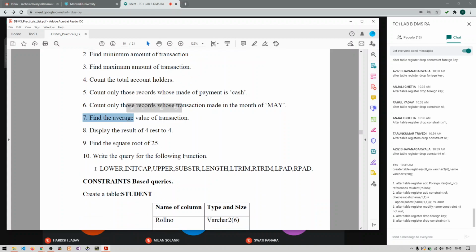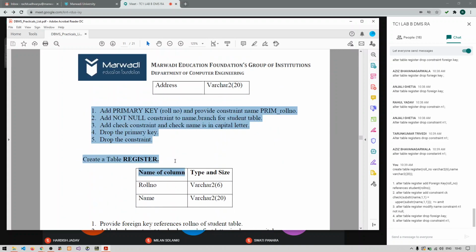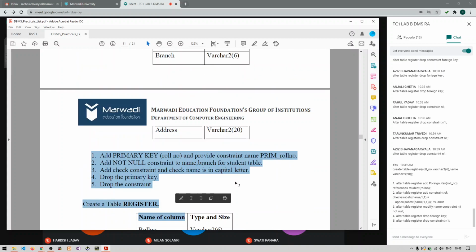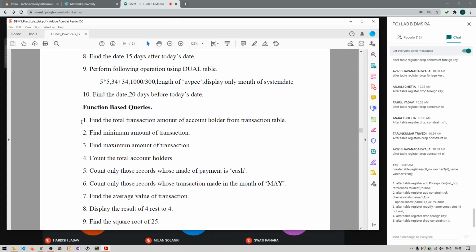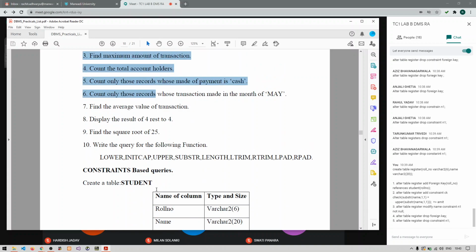And for the 10th query, you need to refer to the PPT and whatever examples I have written in the PPT, you need to just execute them and write them down in your Word file. And after that, you need to complete the student table and register table with all these queries. Clear guys, what you have to do? Perform these 10 queries one by one using the functions.